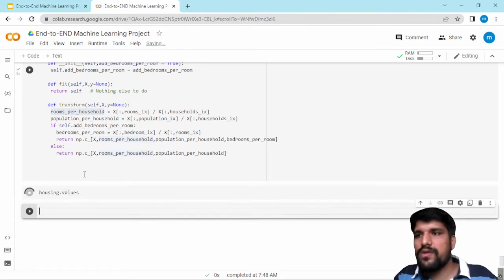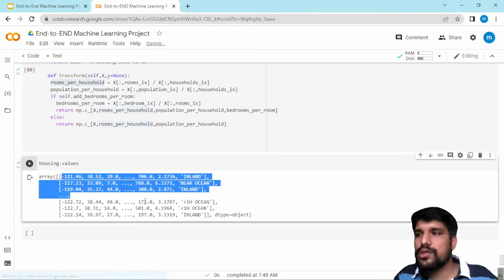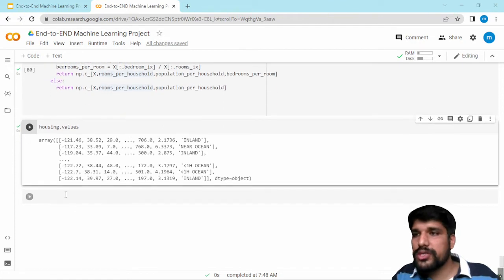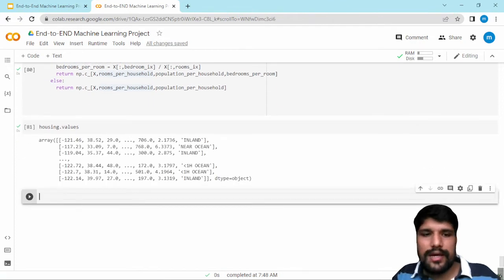Okay, so housing value, it will just convert my data frame into the numerical matrix, and it contains all my data from rooms, bedrooms, and all, and even categorical as well. Okay, now what I have to do, guys, I have to just call that class. So for that I will,